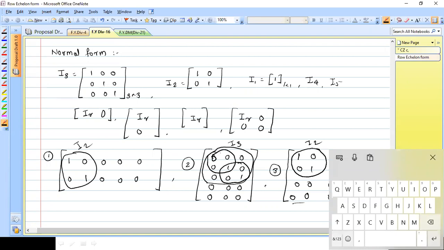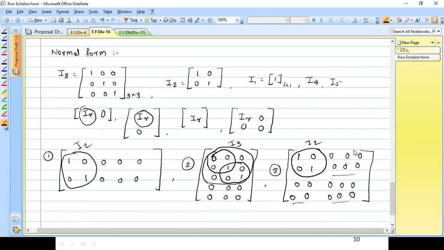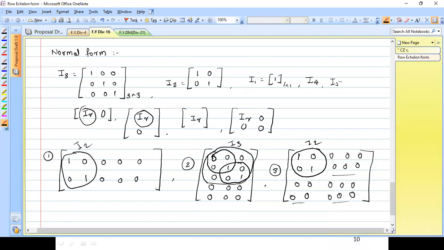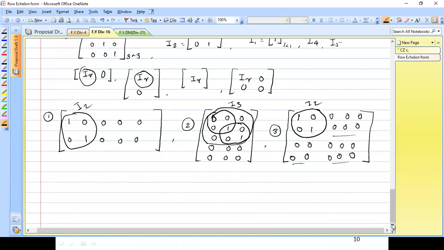Then rank becomes 2. It's not 3. Okay, sir. Because what I want is the identity matrix at the first top, for the starting point. It means the identity matrix should start from A11. Yes, starting from 1. Your matrix should start from 1. So that's why, while converting into a normal form, I will tell you how to convert it. Okay, sir. Thank you.